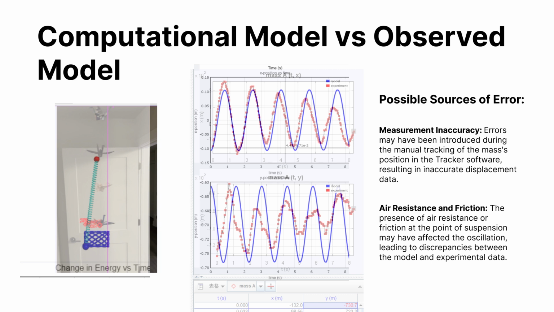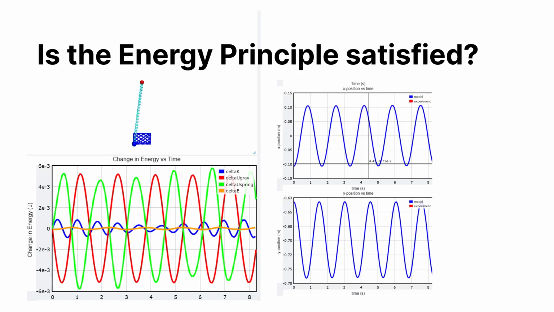One of the core aspects of this experiment is to verify the energy conservation principle. The graph you see here shows the changes in different types of energy over time. The red line represents gravitational potential energy, the green shows spring potential energy, and the blue line represents kinetic energy. Notice how these energies fluctuate while the total energy, indicated by the orange line, remains nearly constant throughout. This indicates that energy is conserved within the system, despite the energy constantly changing forms. It's a powerful demonstration of the law of conservation of energy and highlights the consistency of physical laws even in